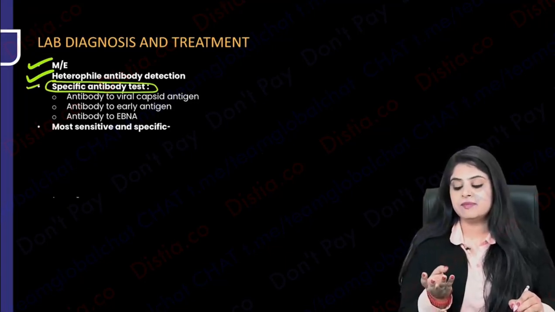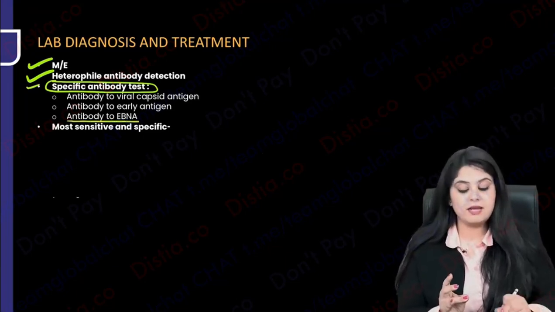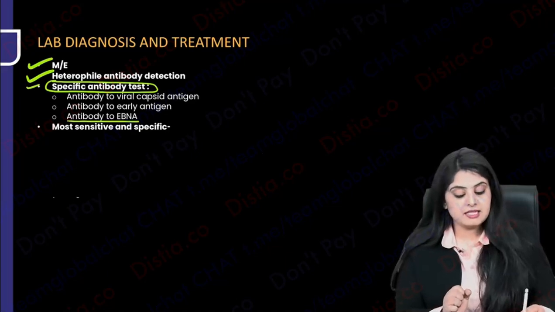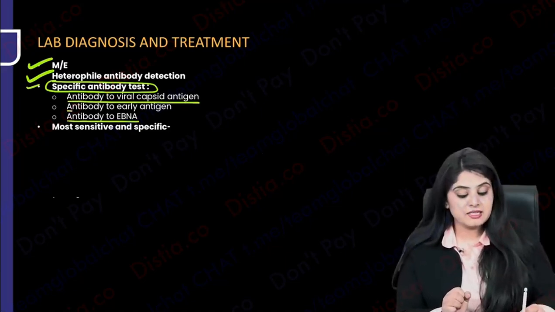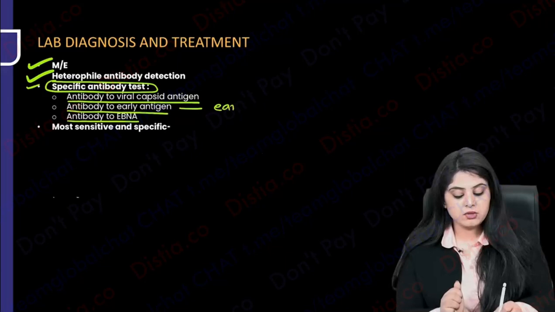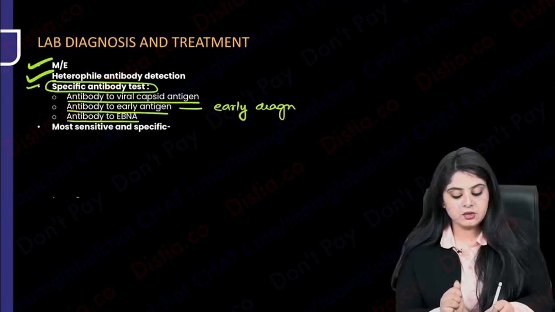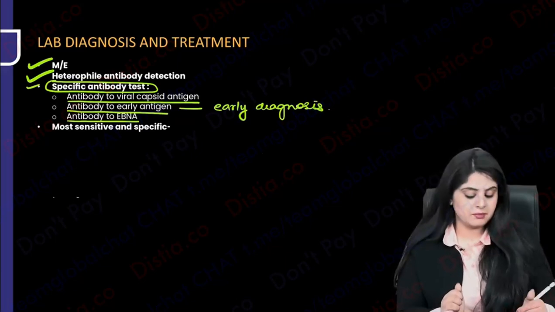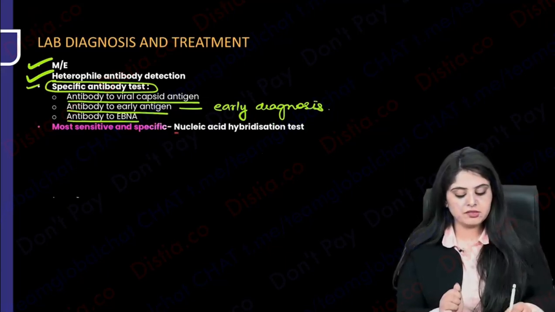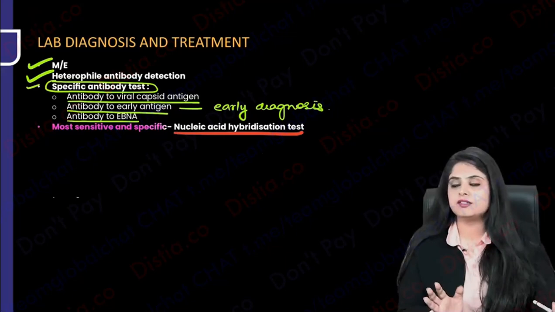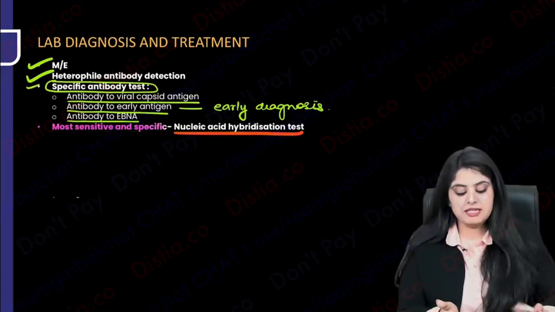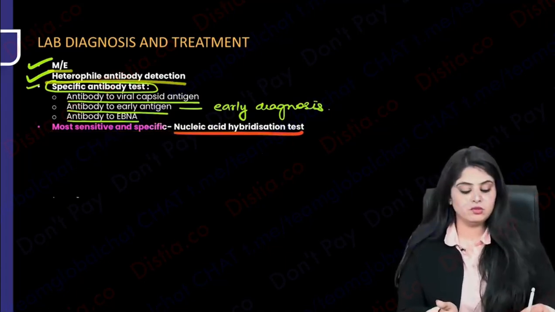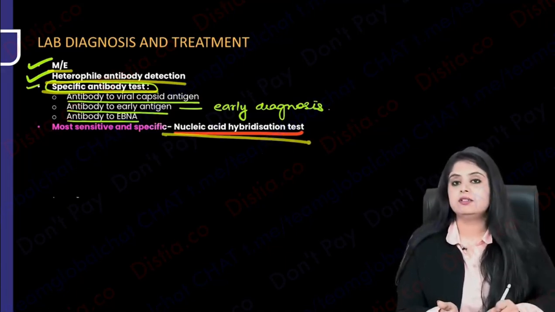It had LMP1, EBNA2. So antibodies against EBNA2, they can be specific. Antibodies against the viral capsid antigen. Every virus has a capsid, that is specific. Antibody to early antigen. Remember, antibody to early antigen is going to be used in the early diagnosis of Epstein-Barr virus. But put your common sense into the fact, what is going to be the most sensitive and specific? Of course, nothing can beat PCR or genetics. Nucleic acid hybridization test is going to be the most sensitive and specific. Finally, lab diagnosis done. Downy cell, Paul Bunnell monospot test done, antibody test done, the genetic testing is done.